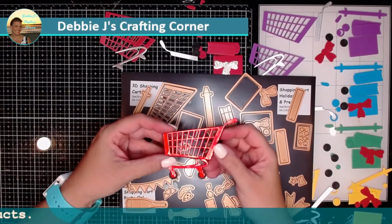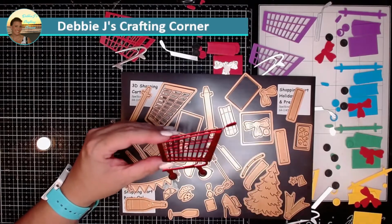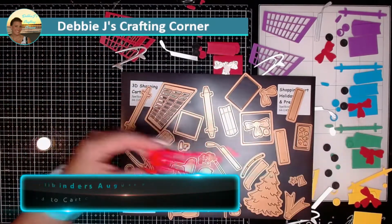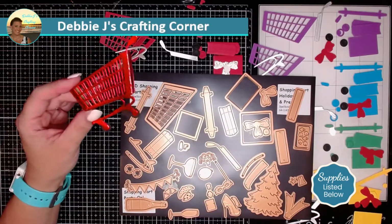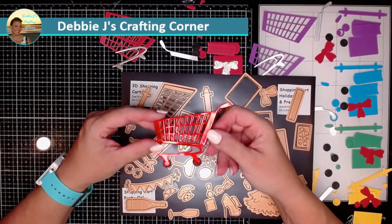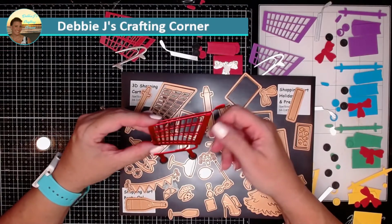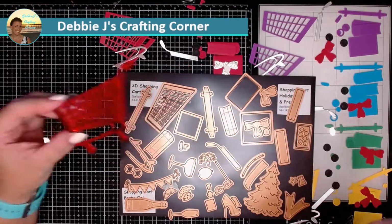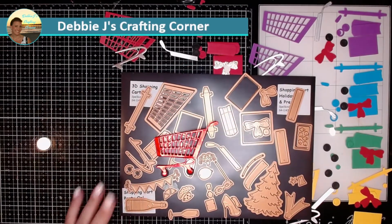This is just too stinking cute. I just love it. What we've got here is a die set, multiple die sets in this case, that creates this super cute little shopping cart. And of course I did red, which is Target. I know everything is not all red on all Target carts, but anyway,